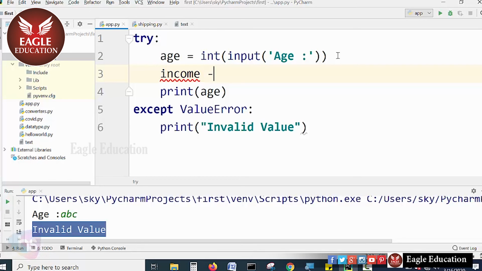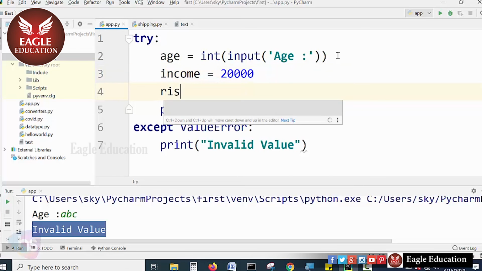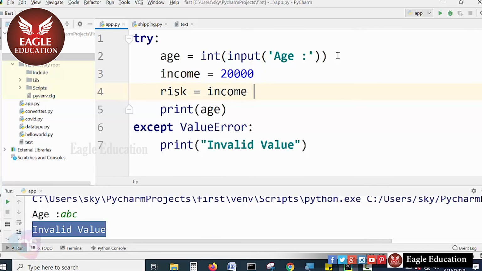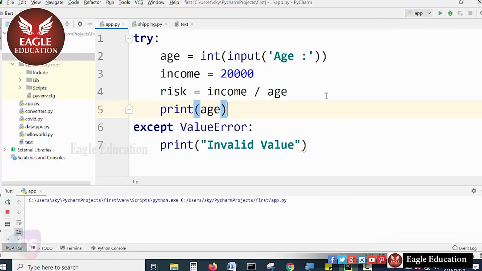Sorry, it's equal to 20,000, and print the risk, like a loan amount I am calculating here, income by age. Okay, and print the age. Now we will see here, what is the age? If it is 0, which cannot divide anything, as you know, run this, and if I pass 0,